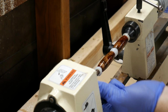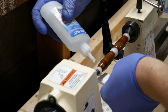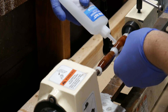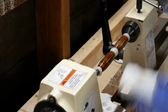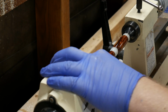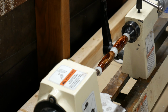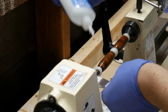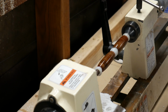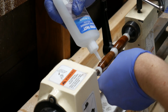So what I'm doing right now is I apply a coat or two of thin CA glue, and I got this tip from Higgins of letting that soak in for a little bit and not using accelerator. And then after that, I'll apply a few more coats of thick CA glue, and in my experience, I haven't noticed any difference in the finish between the two. I do use Stick Fast CA glue, and so maybe they both are very similar. So I apply a few coats, and then once I'm done with that, in a second, I will be sanding